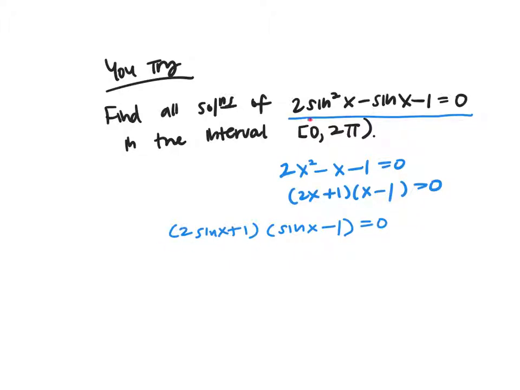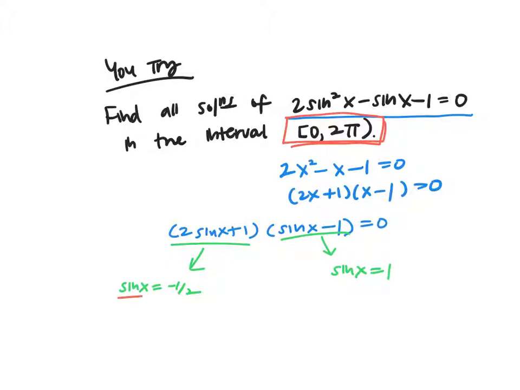So this is like stuff that you saw in 5.1 and 5.2 where you had to simplify the left-hand side, in this case by factoring. And now we have two factors equaling 0. Then you can set each factor equal to 0 and solve. If I subtract 1 and divide by 2, I get sine of x equals -1/2. Here, if I add 1, because I set the whole thing equal to 0, I get sine of x equals 1. So now you're asking yourself, in the interval 0 to 2 pi in your unit circle,